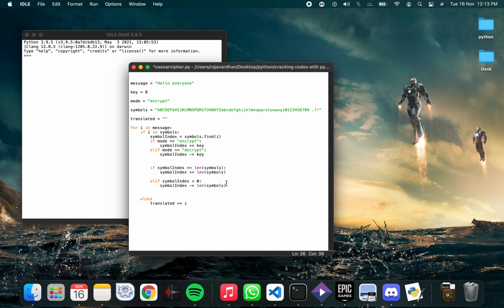Yep, this is how we will do it. This is wraparound, and this is encryption or decryption. Now we have to add it to the translated string.